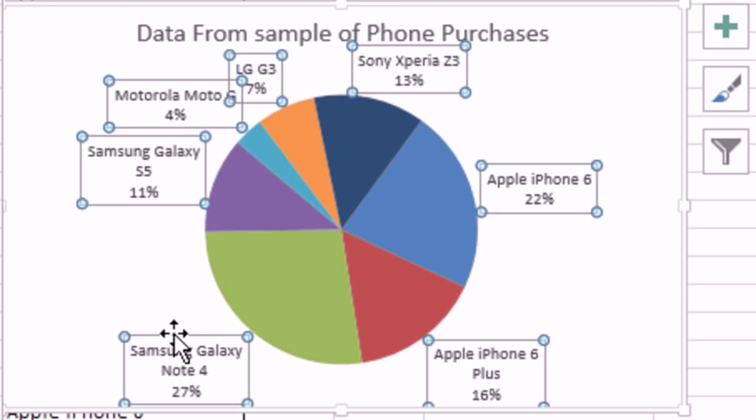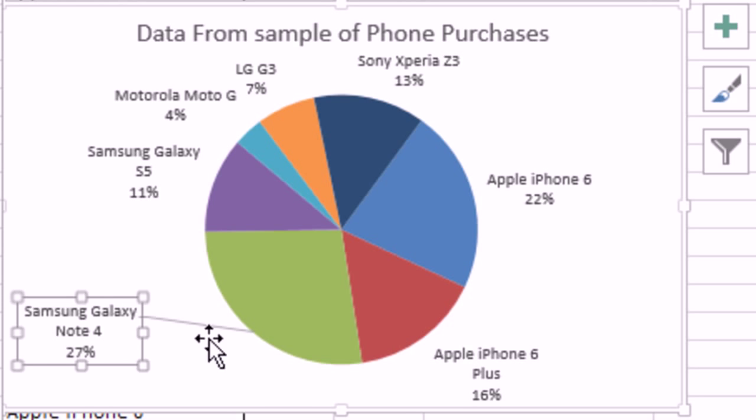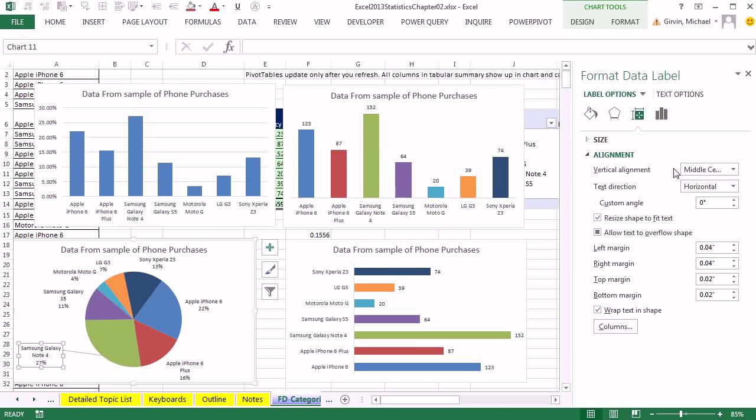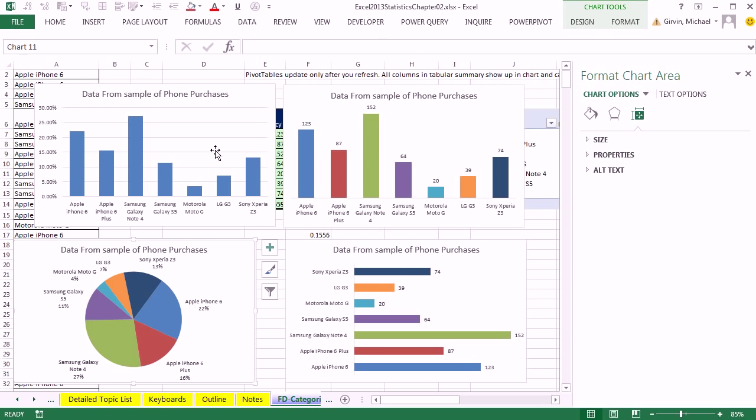If you wanted, sometimes you have to click on a label, click on it a second time, and drag it out to get a leader line. That leader line comes from over in the columns label options, show leader line. I'm going to undo that, Control-Z, because I kind of liked it. Without the leader lines, there's less clutter. So there's 4 different charts for relaying the information for categorical data from a frequency distribution.